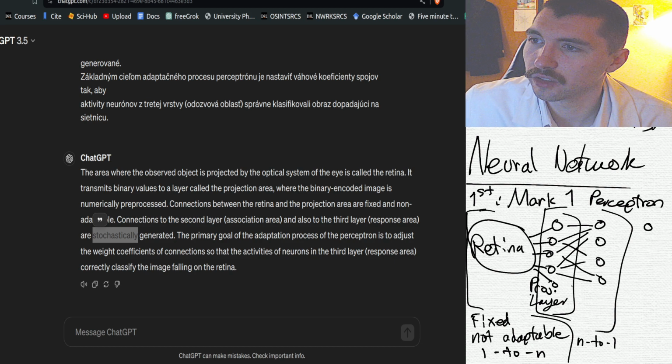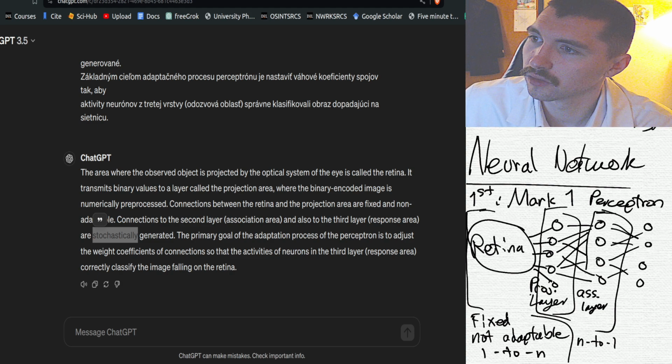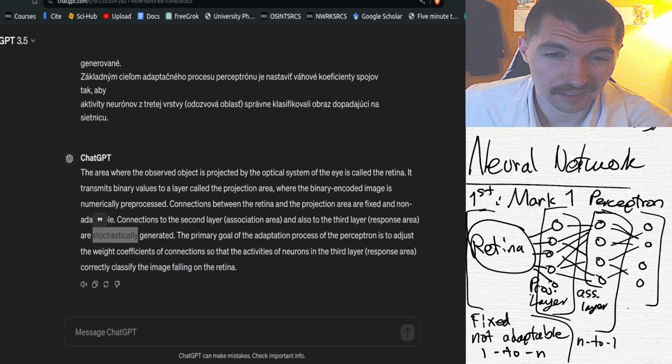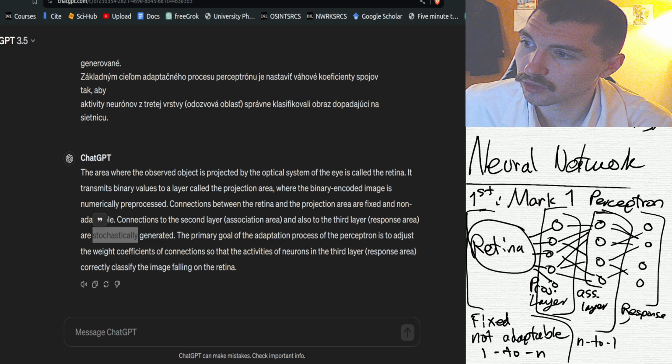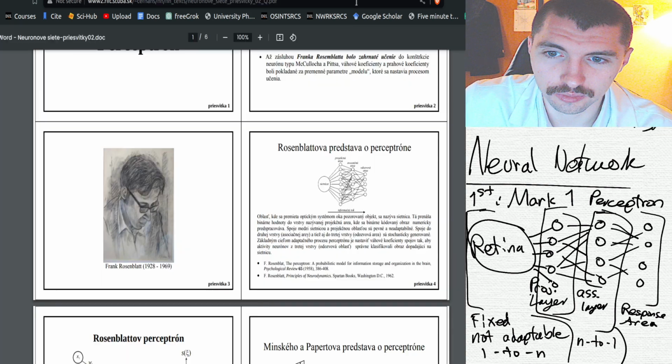This is the projection layer. This is the association layer. Okay, and then this is, what is that? That is the response area. So that is also